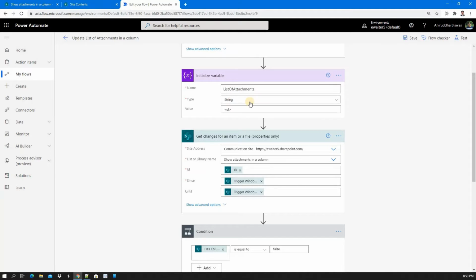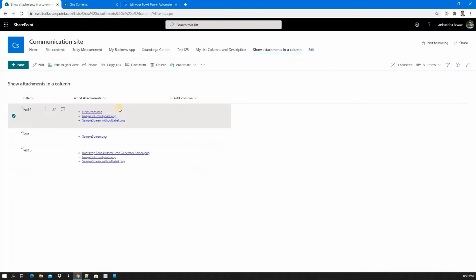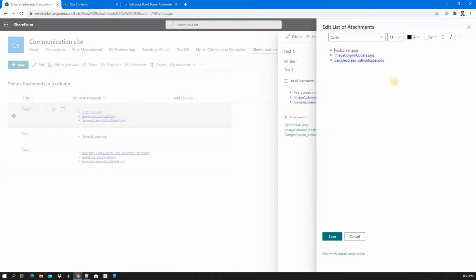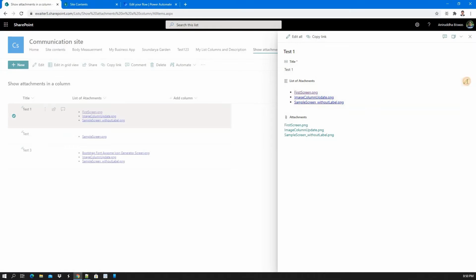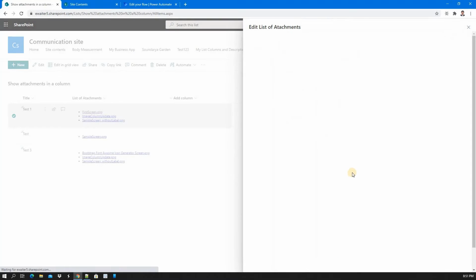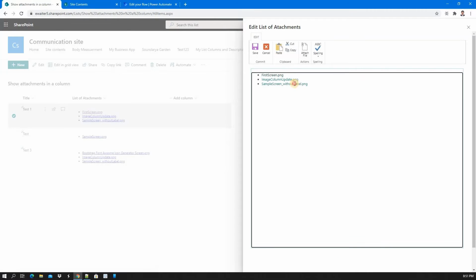Next, you need to create one initialize variable. You put your own name, keep it string, and do the UL tag, the list tag work. Let me show you how it looks. In a rich text box, you can click here, then there is a return to classic experience.